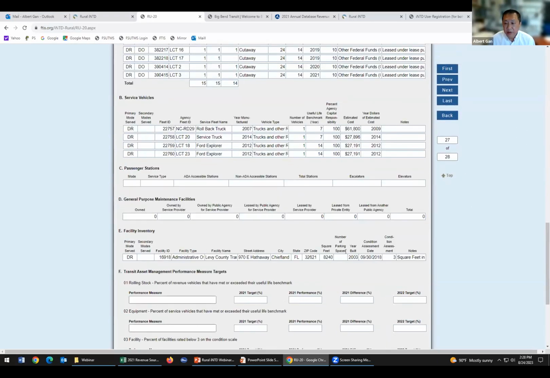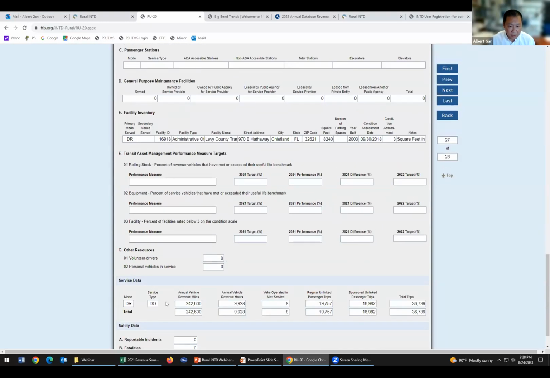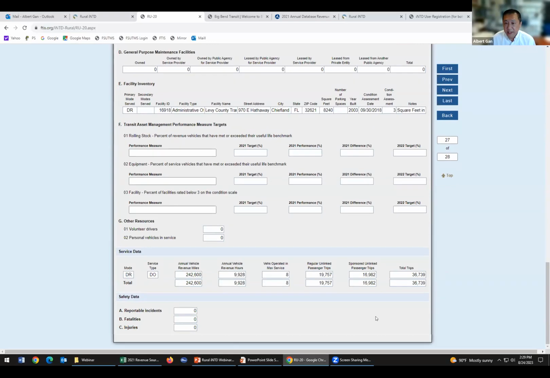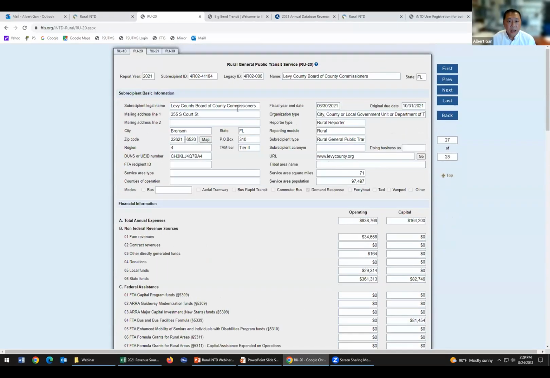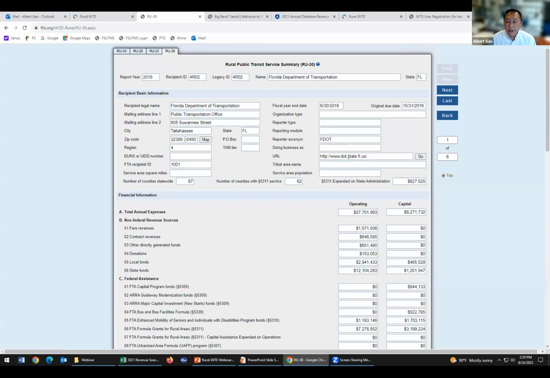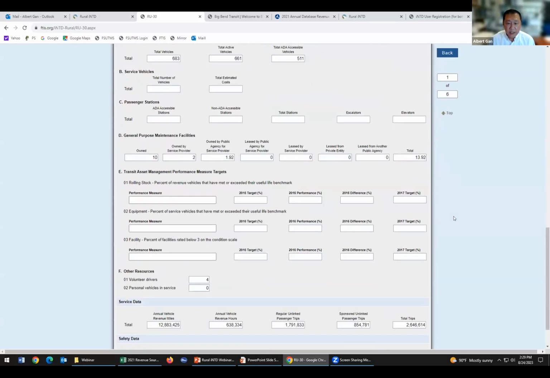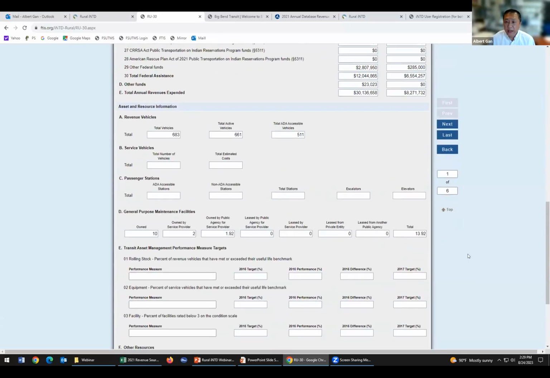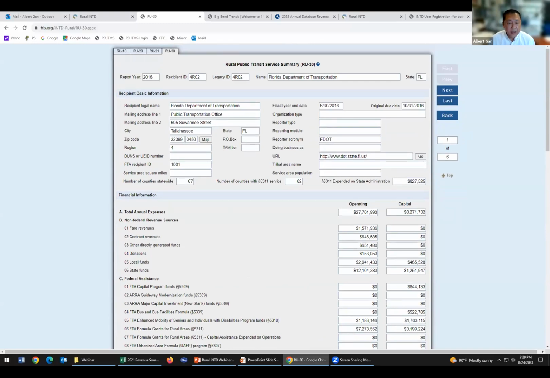All right, so now you can see here that this particular system has some additional asset data, and there are some service data and also some safety data. So all these are together. And like I mentioned, RU30 is at the recipient level, and basically this is the total for FDOT, for the entire state. So these are the totals, and again, these are not data that you can get from the FTA website, it's only in our system. We aggregate the data from all the subrecipients. Going back,